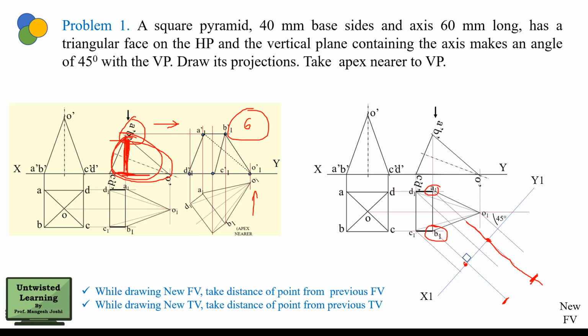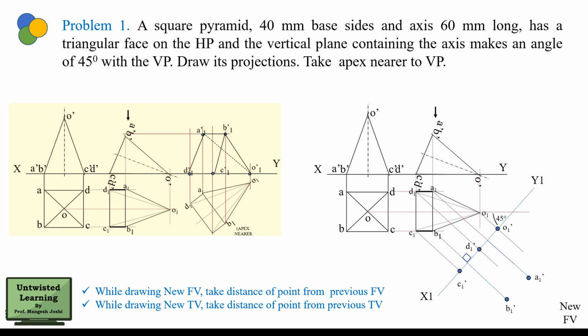Okay, now you can see the height of O and CD is 0. So C point will be here, O point will be here, then D point will be here. This is your already B and A. So you got these points. Okay, so let us mark these points. Okay, so you have got these 5 points. Now join the outline as you did previously.